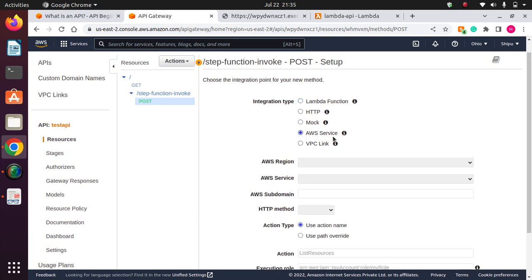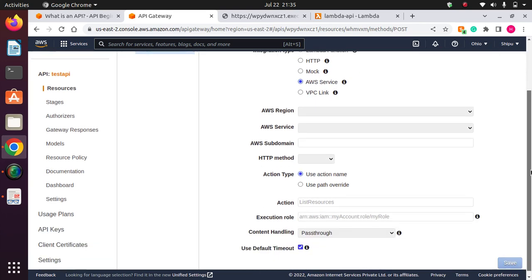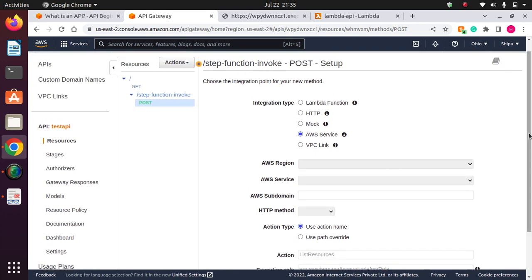I would like to go with the AWS service. You can go through a Lambda function as well. It will trigger the Lambda function, and the Lambda function will trigger the Step Function. That is also possible. We can also create this one, but I will skip this, and I would like to